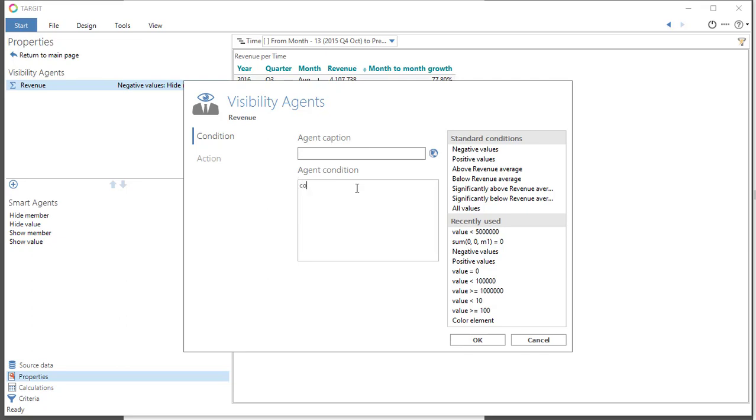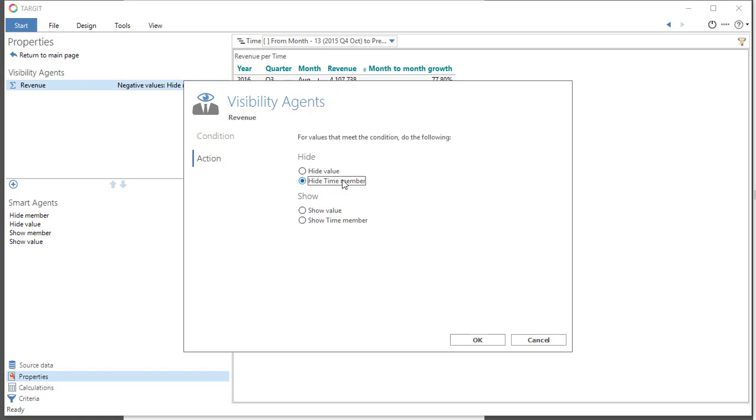And what I'll actually be doing is a count, counting from the beginning of the table. So it's simply from the first column, D1, colon 0. So from the first row to the current row, whenever that value equals 1, I know I'm on the first row, then I should hide the member. But now things have been sorted, so I need to make sure that I'm looking at the first row in the original unsorted order, and then hide the